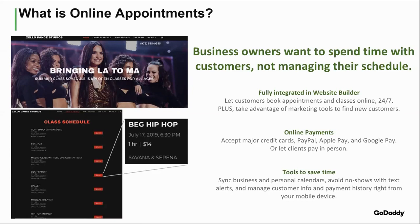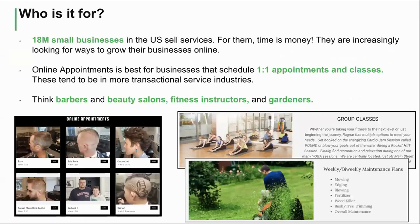And so not only is this an experience that is helpful for both the small business and their customers, but because of the clean integration within Website Builder, it gives them really powerful ways to leverage marketing tools, the ability to take online payments directly from the site, all of these things that are big efficiency drivers for small businesses. And so just really quickly, for who it's for and who it's not for,